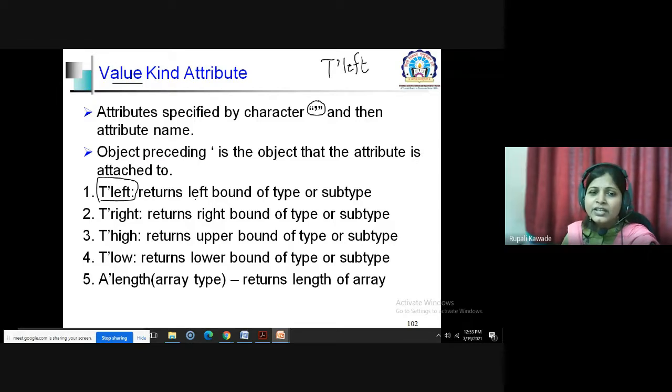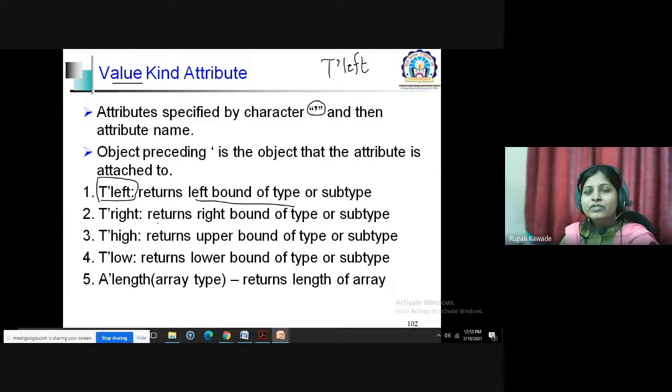It returns the left bound of that type. If it is an array, it will return the leftmost value for that particular object. Okay. So tick right, right bound; tick high, upper bound; tick low, lower bound.